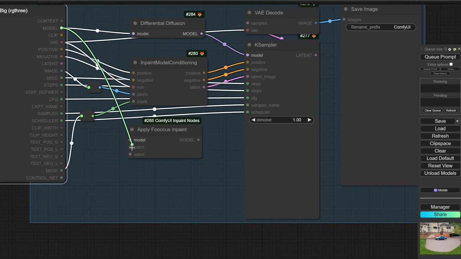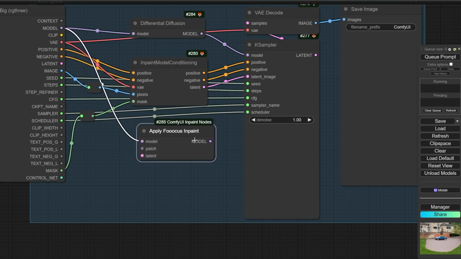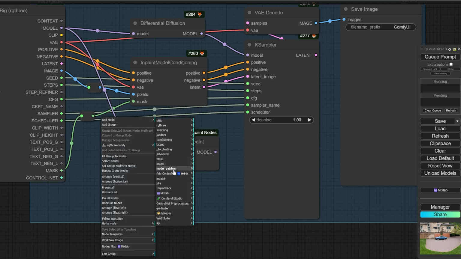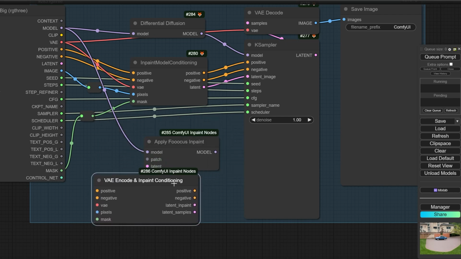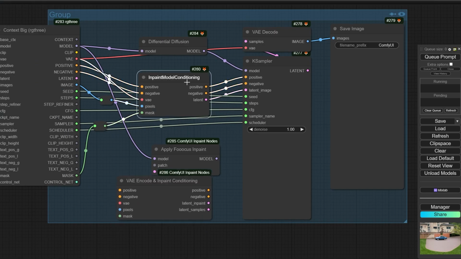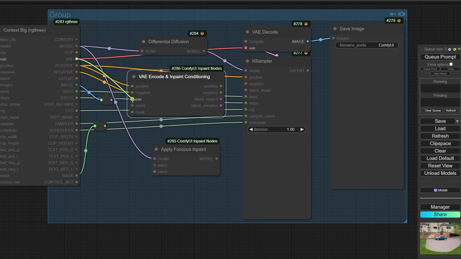I should connect the model to model, and it also needs some information for latent, and for that I have to use another node, VAE encode and inpaint conditioning. Okay, this is also coming with inpainting node, so I have to remove my old node, connect negative to negative, positive to positive, VAE to VAE, pixel to pixel,